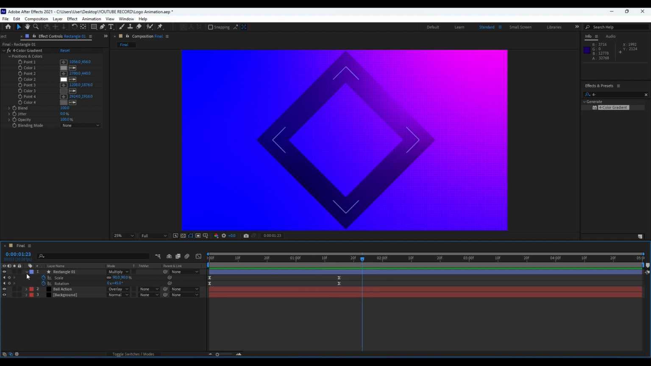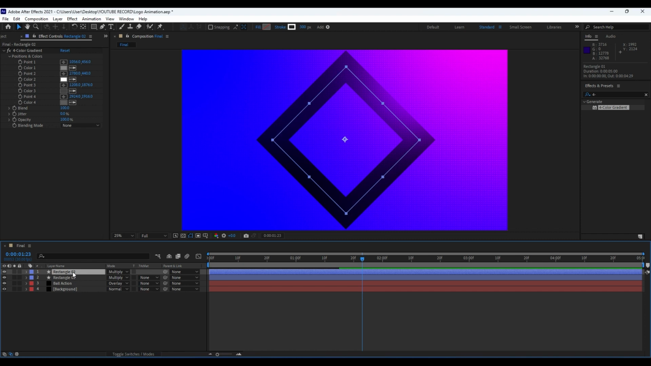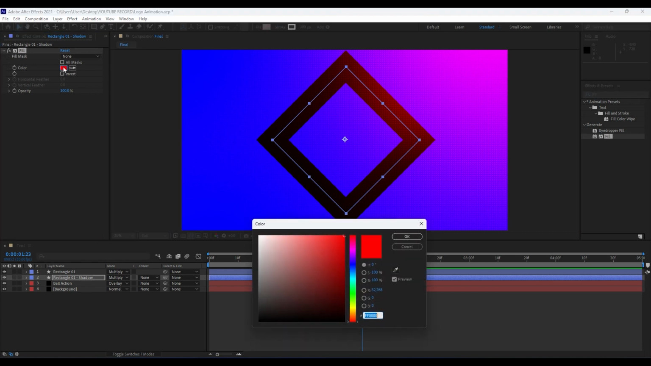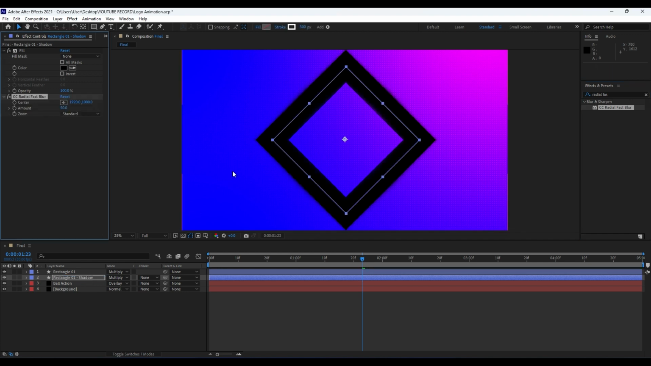Also, next thing what we can do is to duplicate our rectangle 01. I will just hit Ctrl+D, move it below this rectangle 01 and rename it rectangle 01 shadow. For this shadow, delete this 4 color gradient, type here fill effect, drag and drop onto our shadow layer, change this color to black color, and also find here effect radial fast blur, drag and drop onto our layer and